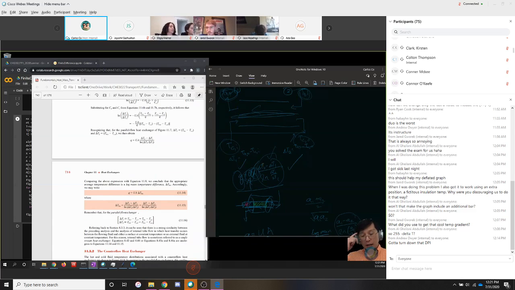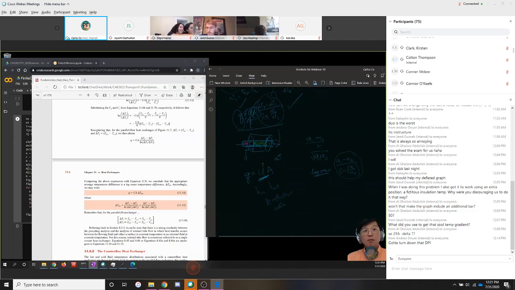So we say it's a log mean temperature difference: the temperature difference at one position and the temperature difference at the other position, divided by the natural log of the ratio of the two. So now naturally the question comes in: how do things change whether we have co-current or whether we have